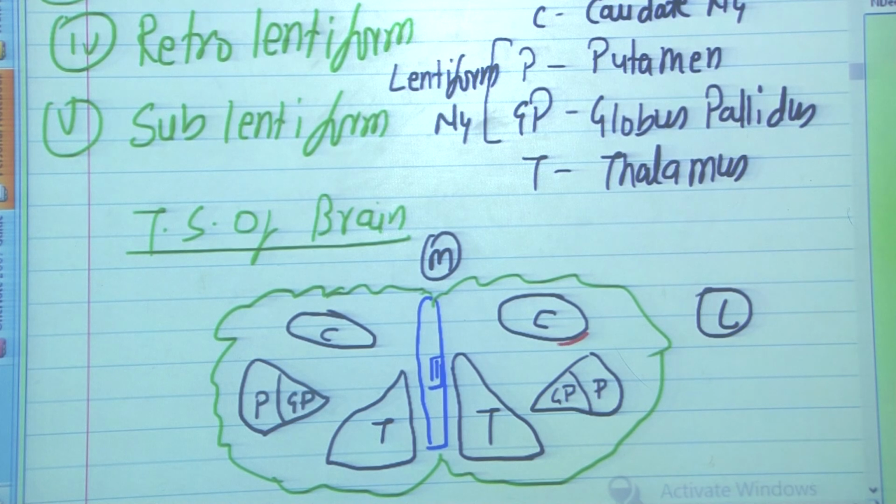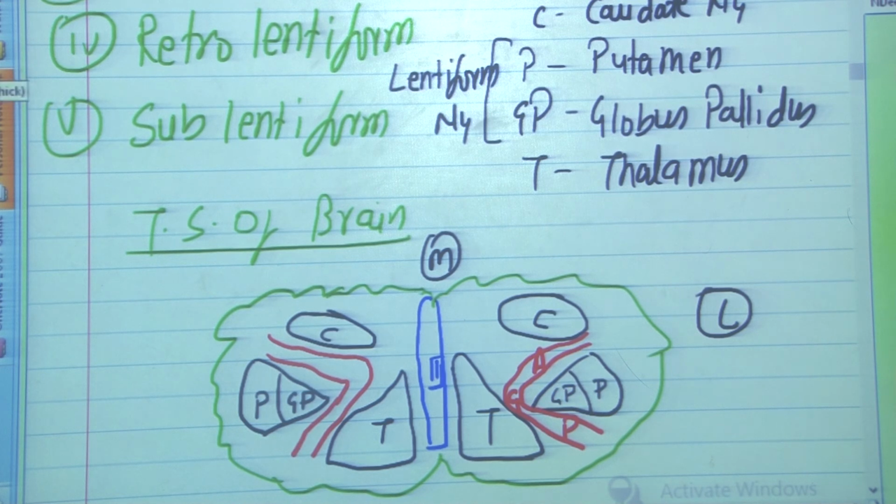Now see the position of internal capsule. The fibers are running between caudate nucleus and the lentiform nucleus, like this. This is anterior limb, this is genu, this is the posterior limb. And now the next point: the fibers of the internal capsule which are going behind the lentiform nucleus form the retrolentiform part, and the sublentiform part is going downside. So we can divide this internal capsule into 5